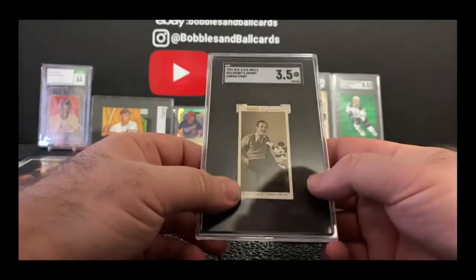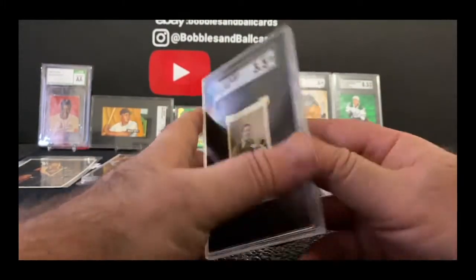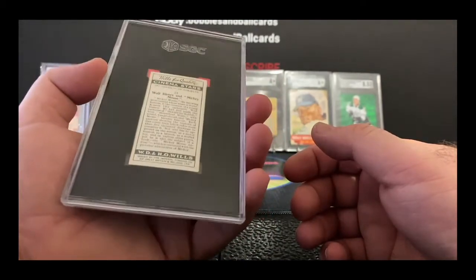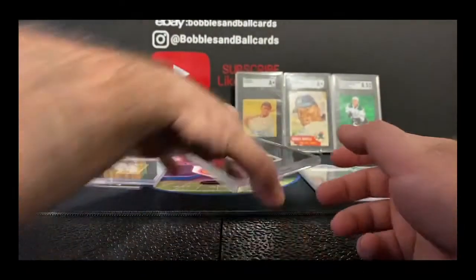Again, this is something I should have bought a while ago. I looked at it. I'm bad about that. I dragged my feet, and don't buy something and then I regret not buying it. So I went ahead. That's another reason I pulled the trigger on all this stuff this time. So